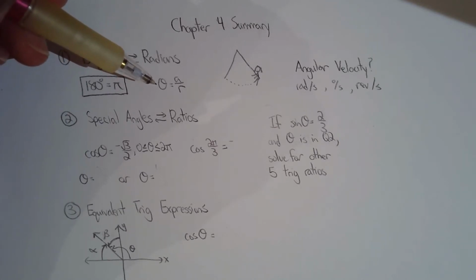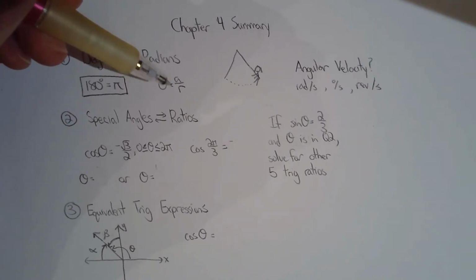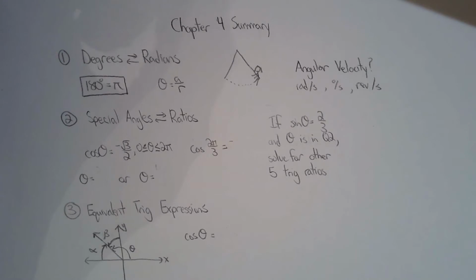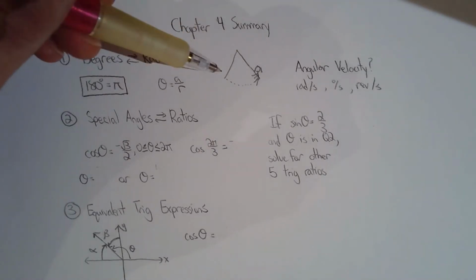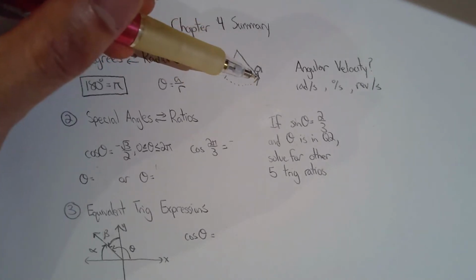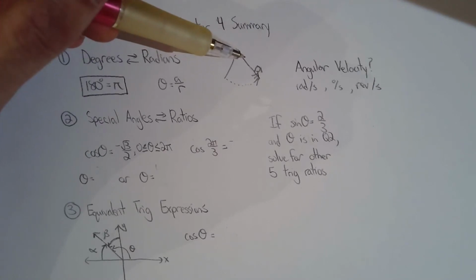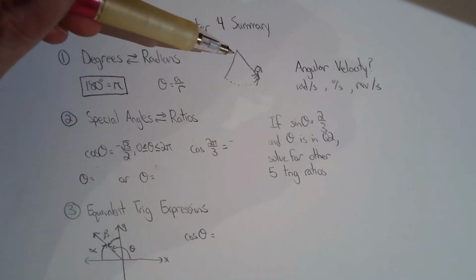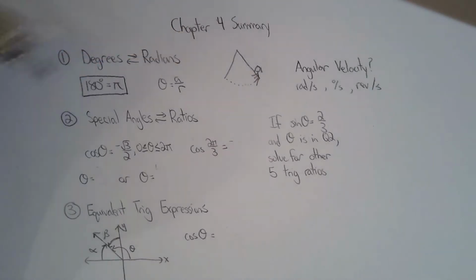The angle in radians is defined as the ratio of the arc length to the radius of the circle. So you can do some application questions with that idea. If I have a girl on a swing, and I tell you the length of the chain and the angle that's made when she swings, you can solve for the distance she covers when she swings